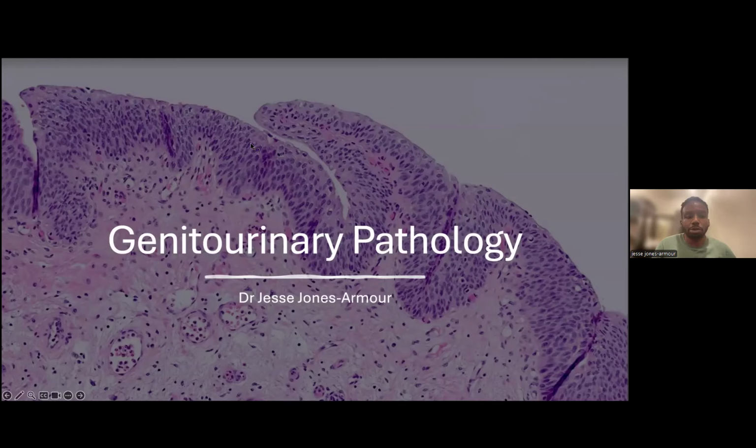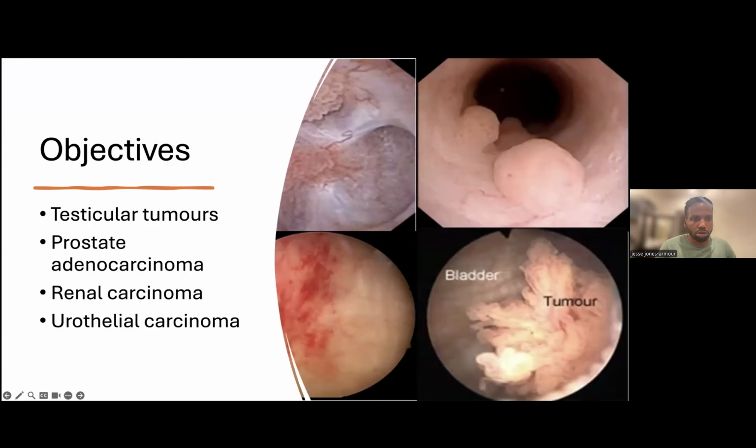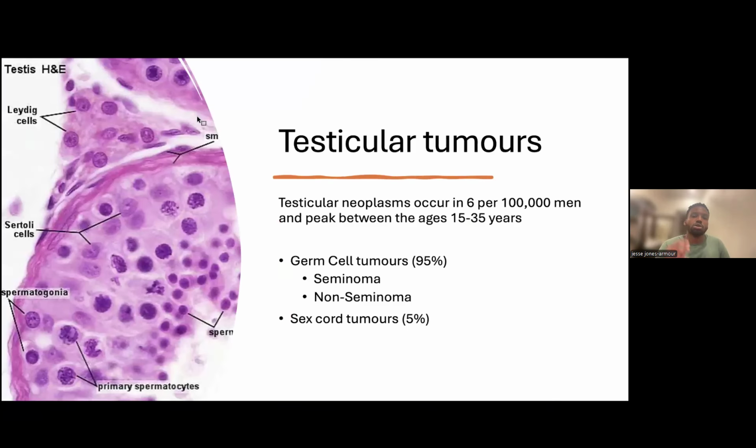So tonight we're going to be going through genitourinary pathology. A few topics that we're going to go through tonight is a little bit extensive, but we're doing testicular tumors, prostate adenocarcinoma, renal carcinoma, as well as urothelial carcinomas. So starting from bottom to top,